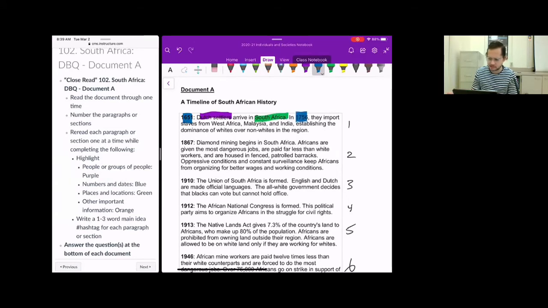In 1756, they import slaves from West Africa. All right, the location, people, purple. Other important information for me: import and arrive, right? They arrive in South Africa. In 1756, they import slaves from West Africa, Malaysia, and India, establishing the dominance of whites over non-whites in the